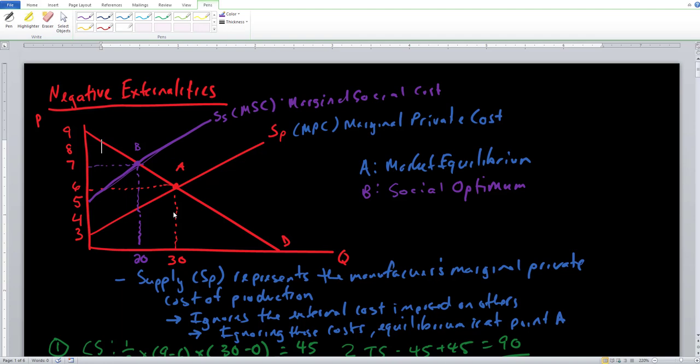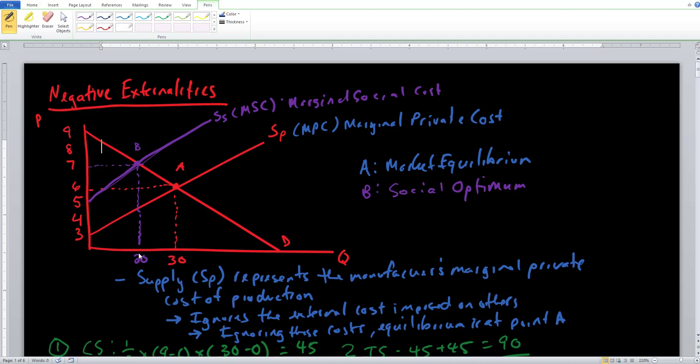However, if we introduce pollution into the mix, we notice that total welfare and efficiency is going to go down because the firms and corporations are not taking into account the cost that they're imposing on the third parties. So in order for us to do better, we need to introduce the MSC, or the marginal social cost, and make the firms and corporations accountable for the harm that they're putting out into the economy in the marketplace. And that's exactly where we reach point B, where we have the social optimum, albeit it's going to be at a higher price and a lower quantity for this good.